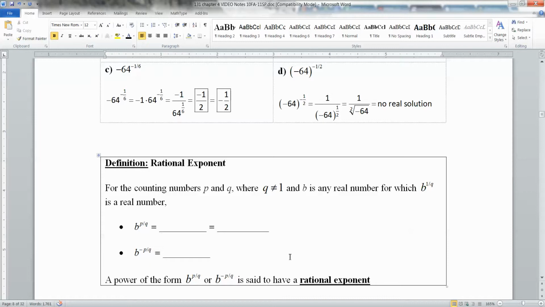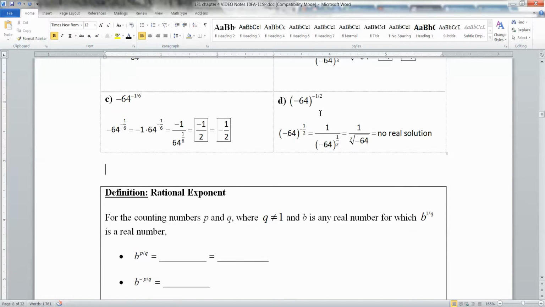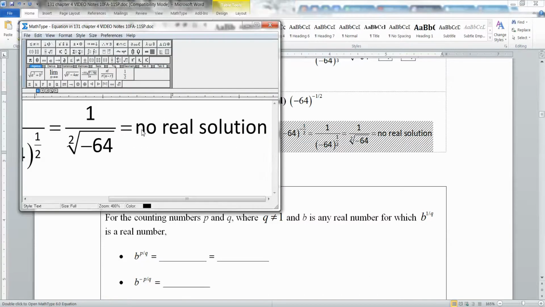Now let's look at this definition of a rational exponent. For the counting numbers p and q, remember counting numbers are 1, 2, 3, 4, 5, 6, 7, 8 forever, and q is not 1, and b is any real number at all. You can make it decimals, fractions, whatever. Then for which b to the 1/q is a real number. In other words, none of this whole non-real solution thing. Okay? So if that's the case, then